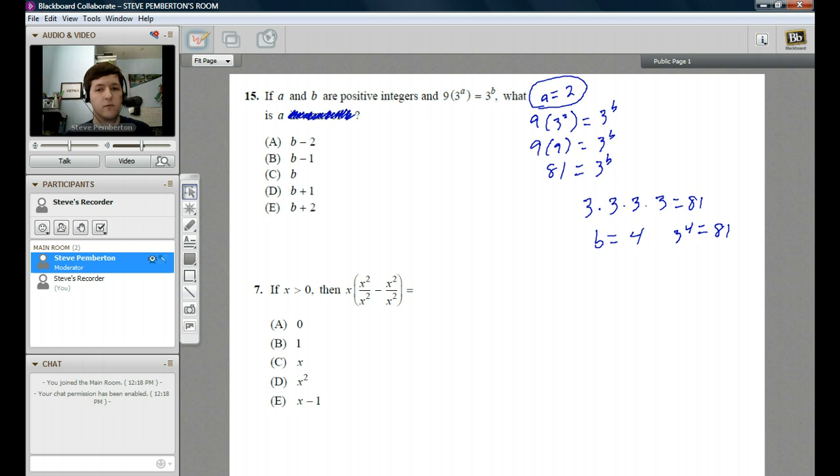So what is a? Well, we're going to look for 2 in the answers when the b is equal to 4. So A says 4 minus 2. That's 2. Might be A. Got to check all 5. B says 4 minus 1. That's 3. So no. C says just b, which we said was 4. So no. D says 4 plus 1. That's 5. That's still not 2. And E, 4 plus 2. That's 6. Still not the 2 that we're looking for. So it has to be answer